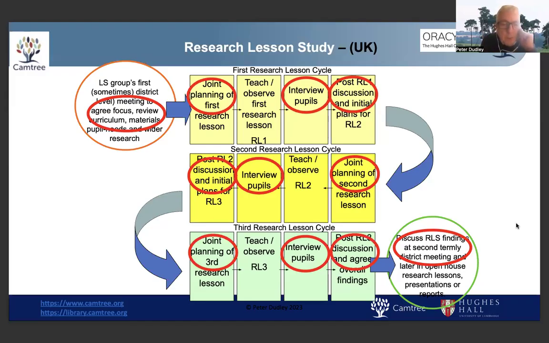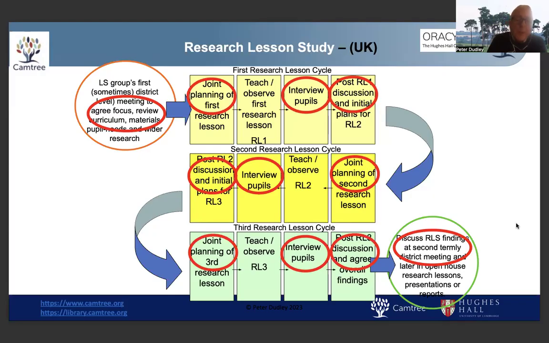It's in fact spread across Europe, most of Western Europe, and it's very popular in Kazakhstan. And it consists of a cycle of research lessons, not just one. The teachers plan together, they teach together and observe together, they interview their pupils at the end of the lesson together, and they sit down immediately afterwards and they talk about the learning of particular pupils that they've predicted what